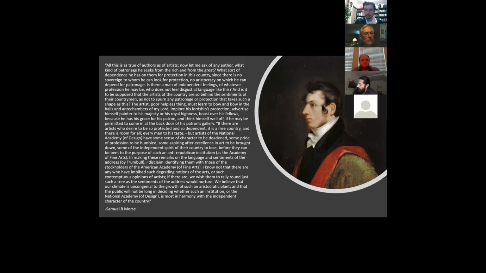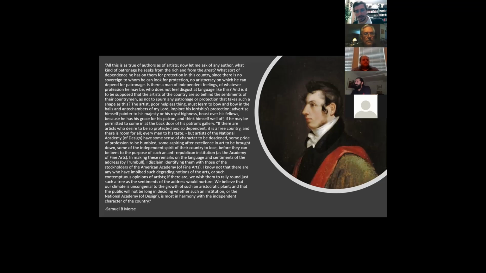Okay. So in response to this, Samuel B. Morse, I've got a longer quote, but it's so good I couldn't just take a smaller portion of it out. But he really lays down the gauntlet, and this is a real death blow to John Trumbull's entire argument, where Samuel B. Morse says,